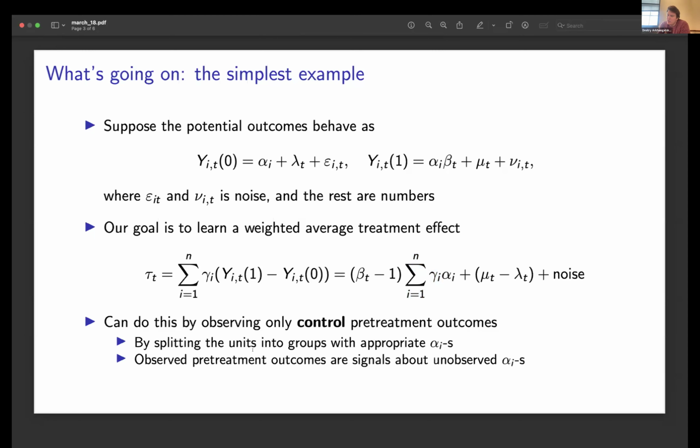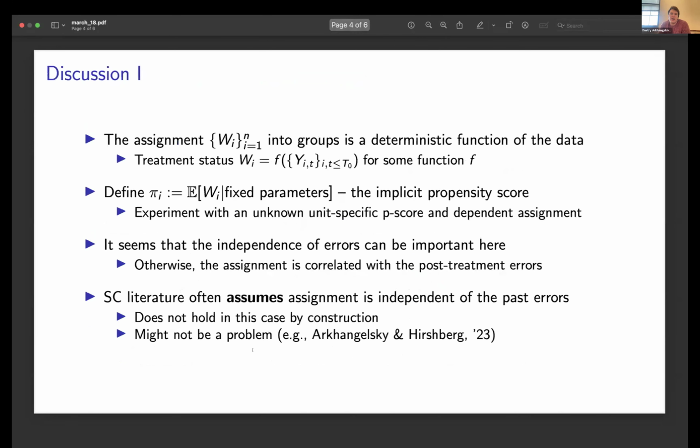Okay, and so there are multiple ways you can do it, and there are multiple procedures discussed in the paper. Alberto talked about some of them. There are more in the paper, which I think are very interesting, and I invite everybody to look at them in detail. Now, in terms of discussion, I was trying to connect what I was seeing to some sort of notion of underlying experiment. I understand that Alberto's point was we might not want to do an experiment because it's impractical, but maybe we can still interpret what we are doing as some sort of experiment.